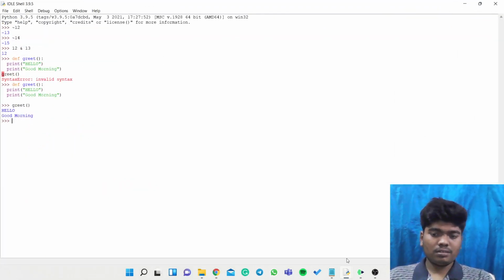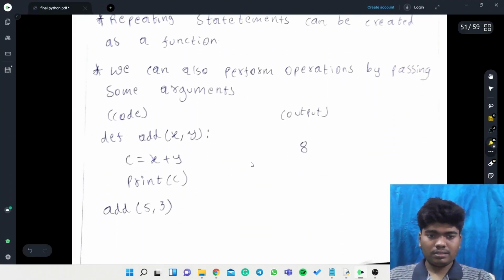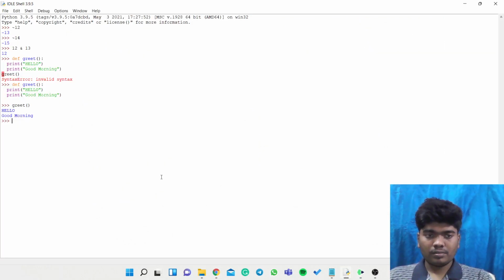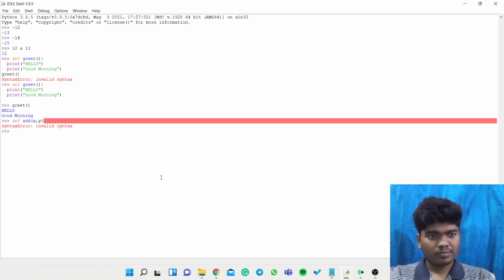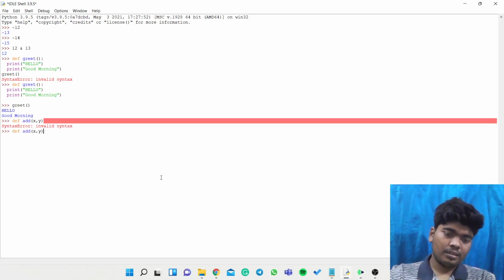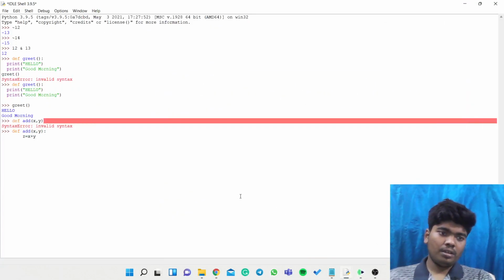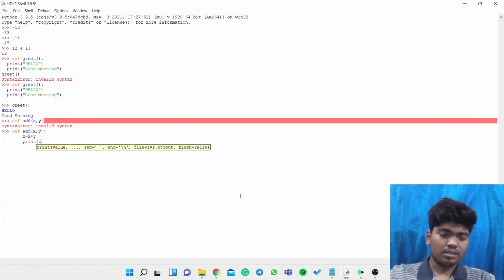If we try something new, that is def add of x comma y, with the colon, z is equal to x plus y, print z.